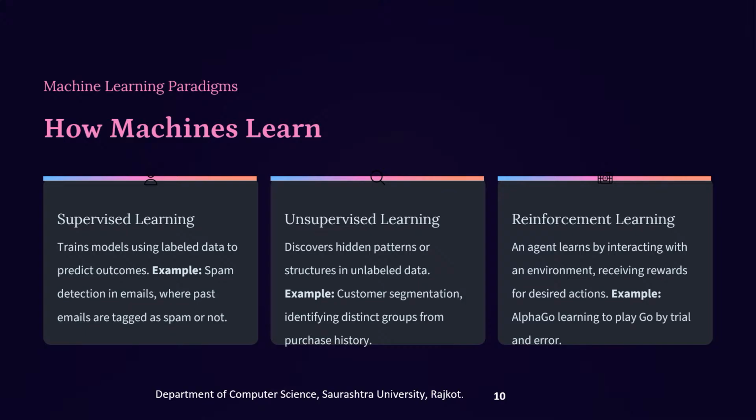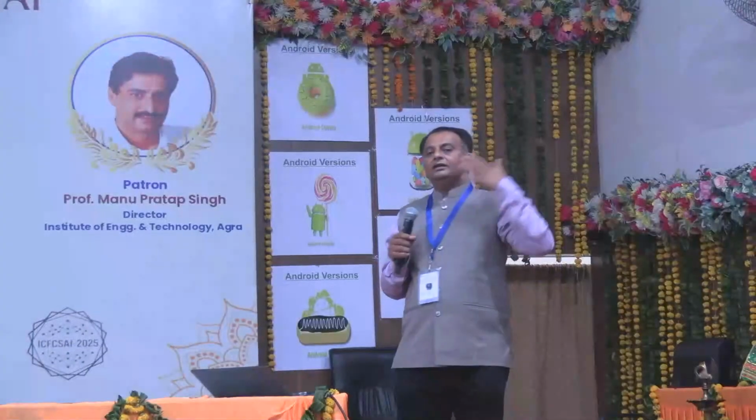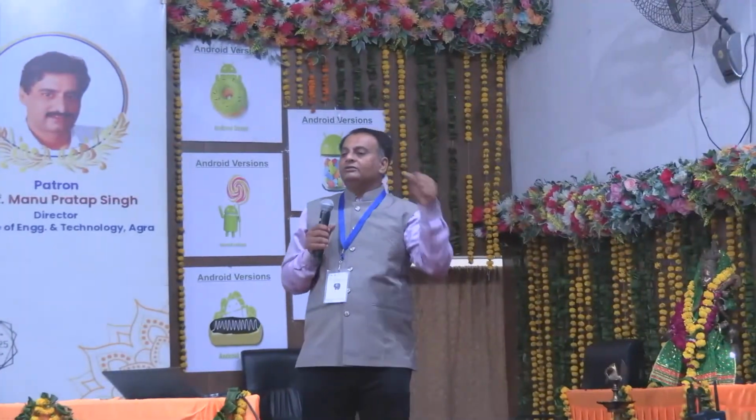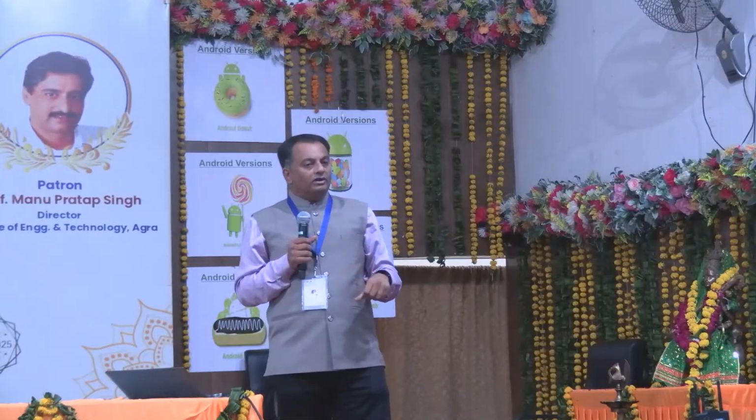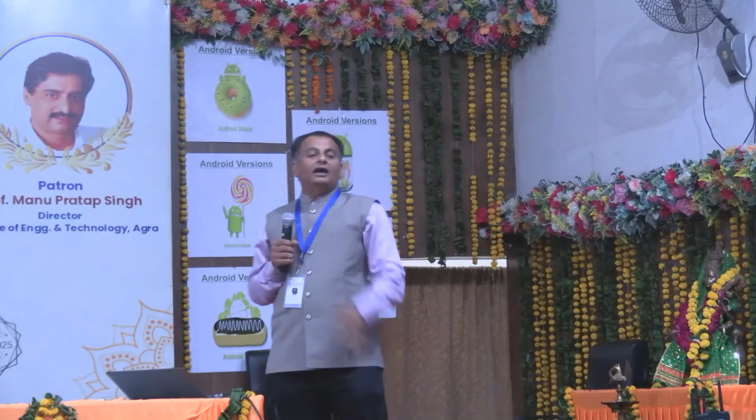And the third one is called reinforcement learning. A reinforcement learning algorithm is nothing but it is on a trial and error basis. If you give the result and if you give the feedback that it is good, then you are in the same direction. If you give the feedback in the wrong direction, then it goes on identifying a new